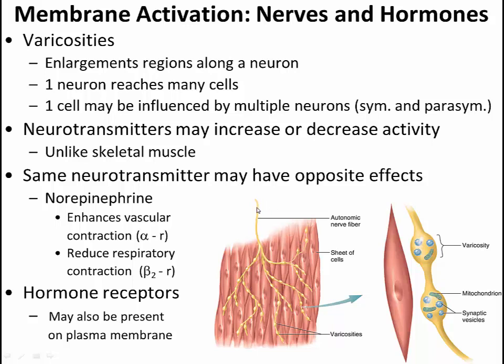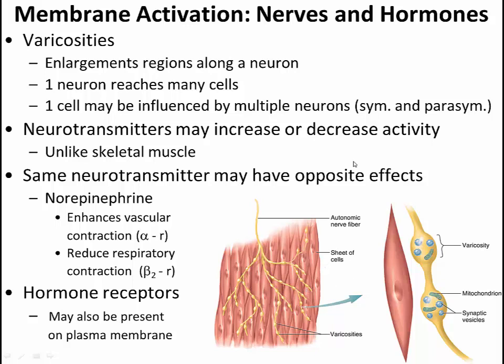And so an action potential would proceed along this neuron, and each time that it arrived at a varicosity, it would release neurotransmitter, release neurotransmitter, release neurotransmitter. And so you can see that this single neuron reaches a large number of cells in this sheet of smooth muscle. It's also true, although this is not illustrated in our slide here, that one cell may be influenced by